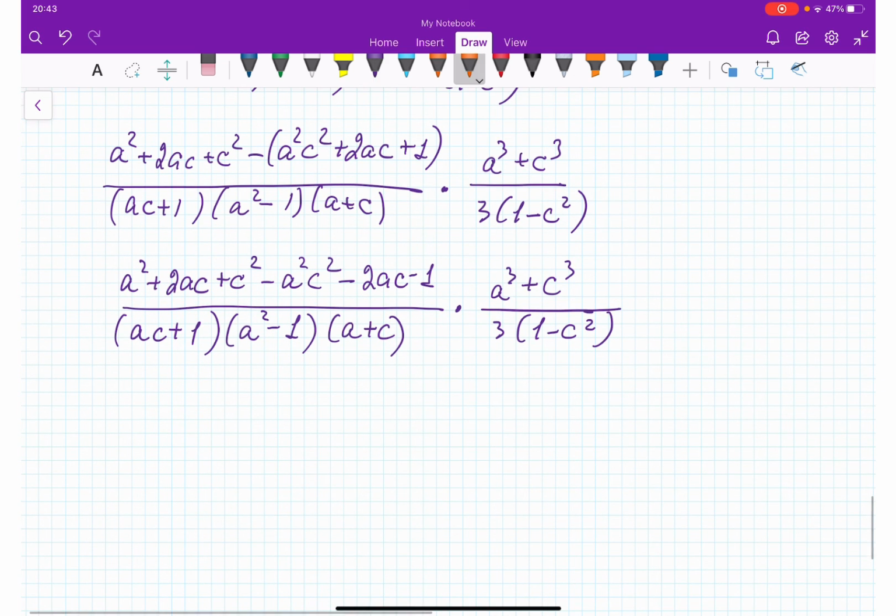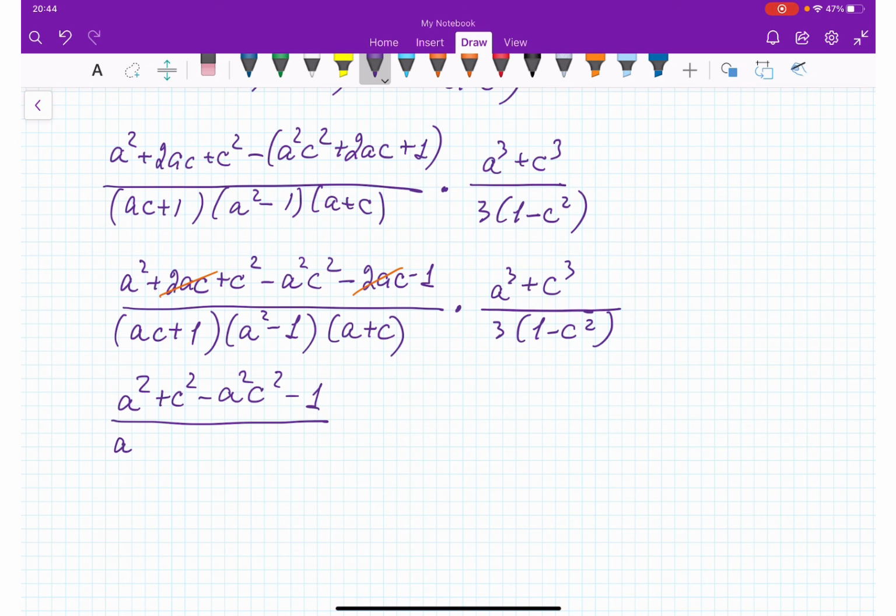Okay, can we cancel anything here? Yes, 2ac, negative 2ac, and we are getting a squared plus c squared minus a squared c squared minus 1